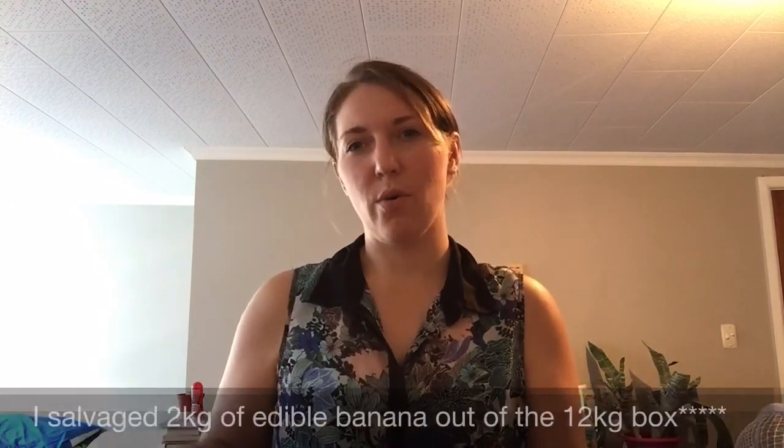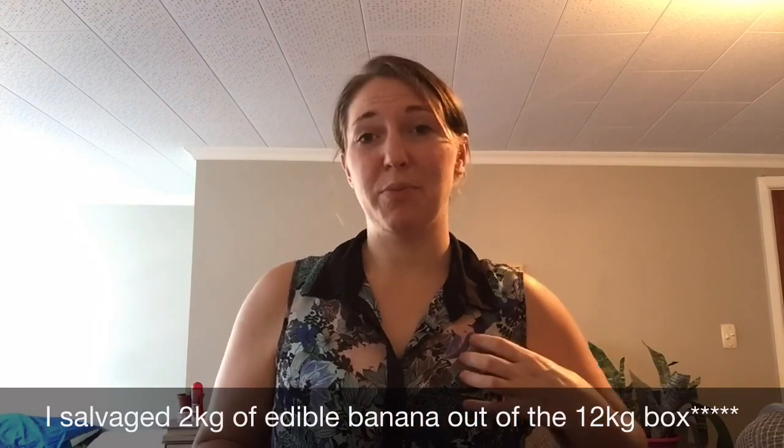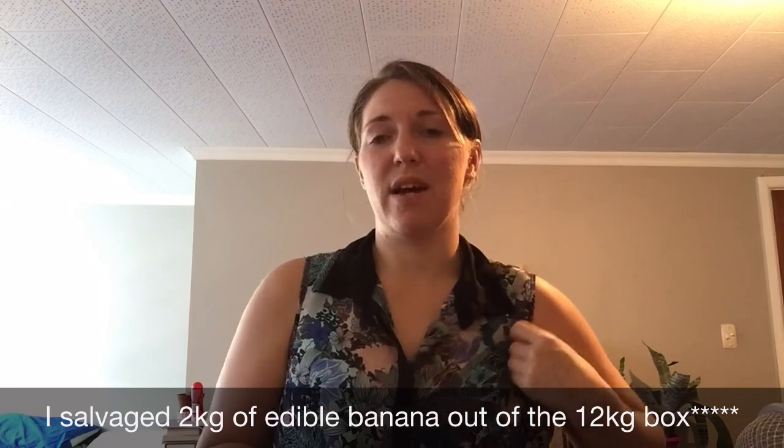So I went through the whole entire box and it came to a total of 2 kilos of banana. The whole bottom layer was pretty much mushy, and it was pretty much liquid, which I didn't realise at the time when I bought them. Yeah, so hindsight's a wonderful thing. Next time I'll go through all the boxes, or just select some bunches of bananas that are really nice and just buy those instead. So Hamish went to work and then I jumped in the car and drove out to